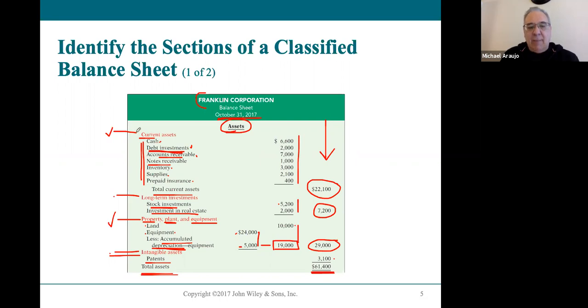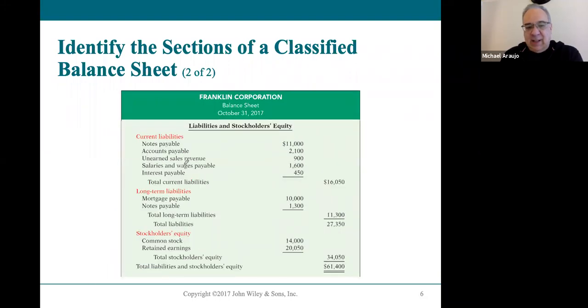61,400. But again, the important thing to understand here is a classified balance sheet has this structure. Current assets are always listed first, long-term investments, if any, next, property, plant, and equipment, next, and intangible assets, if any, are listed last. Okay. A little less